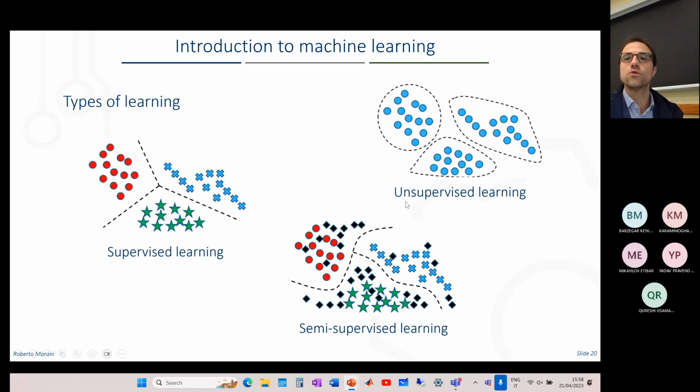In unsupervised learning, let's say that you get these inputs, but you don't know anything at all about the meaning of these points. Maybe the best way is to cluster these points, let's say in groups: this is cluster number 1, this is cluster number 2, and cluster number 3. You don't even have a meaning associated with your cluster. Maybe there's somebody more expert who can give a meaning to these points, but you can also try to create a model that,